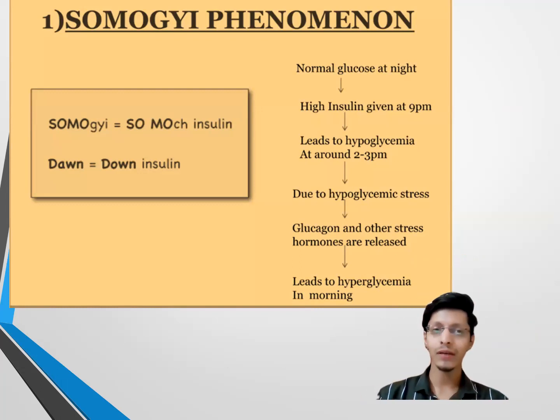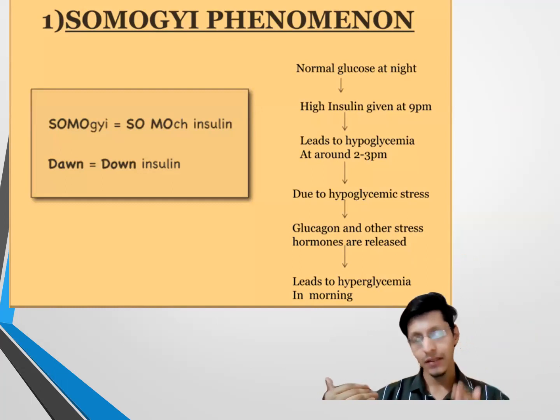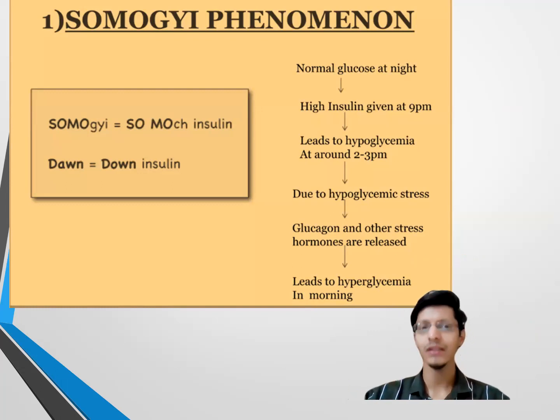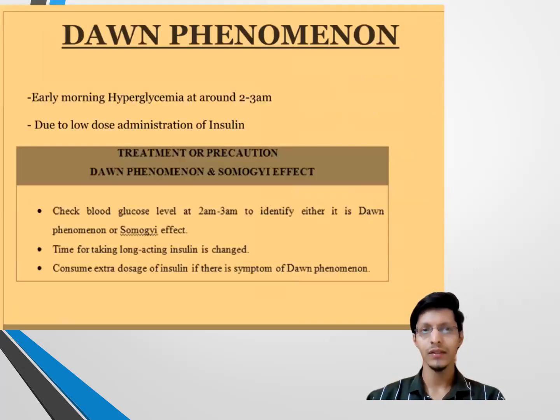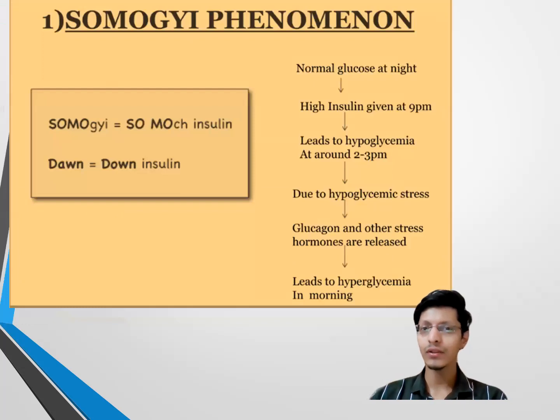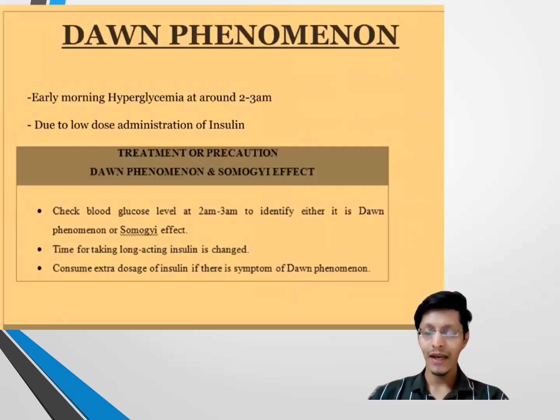And in the morning, आपको क्या मिलेगा? You will find a hyperglycemia. इसमें क्या हुआ? Night time में हाइपोग्लाइसीमिया हुआ मिडनाइट में, और उसके बाद मॉर्निंग में तुमको हाइपरग्लाइसीमिया मिला। For this what you will do, you will reduce the insulin dose at night time. Other we have a dawn phenomenon. Again, in this you had a hypoglycemia at 2 to 3 a.m. and in this you have a hyperglycemia at 2 to 3 a.m. and this what you have to do, you have to increase the nighttime insulin.